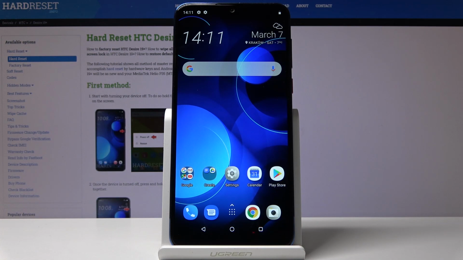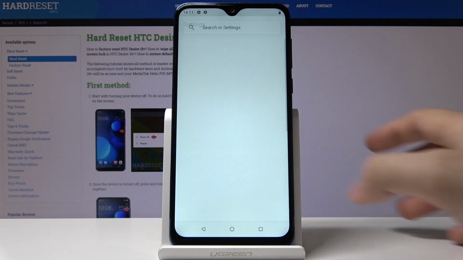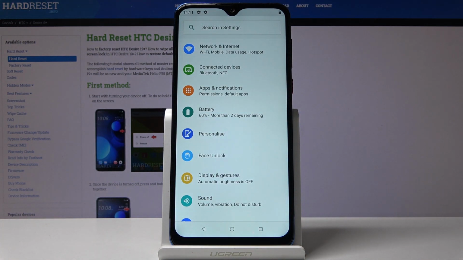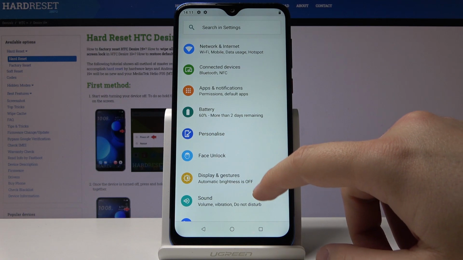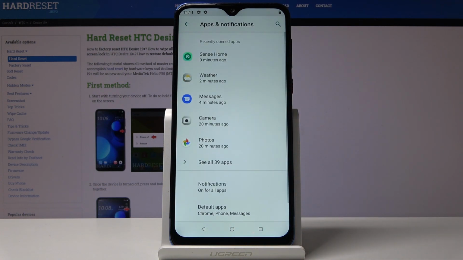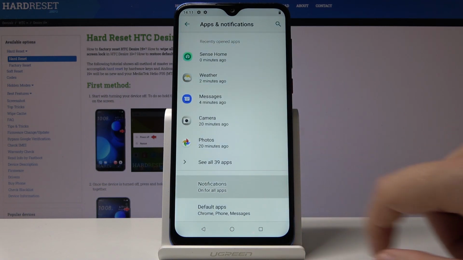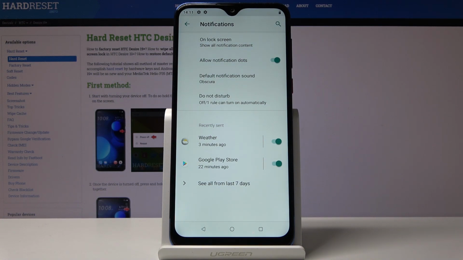Hello, if you wanna manage notifications on the HTC Desire 19 Plus, first you have to open settings, and now you have to go to apps and notifications, click on notifications, and as you can see